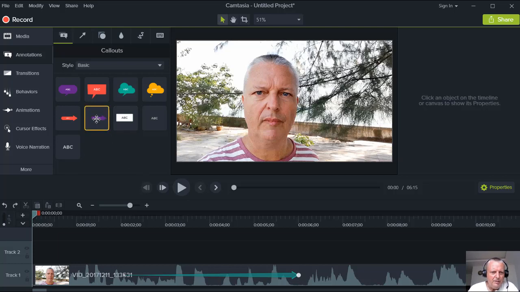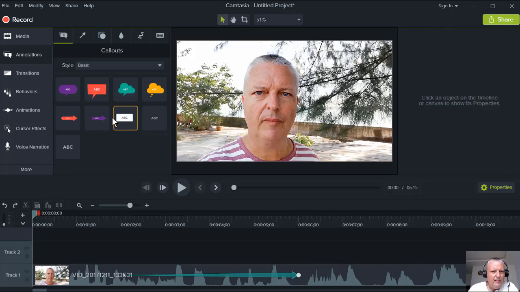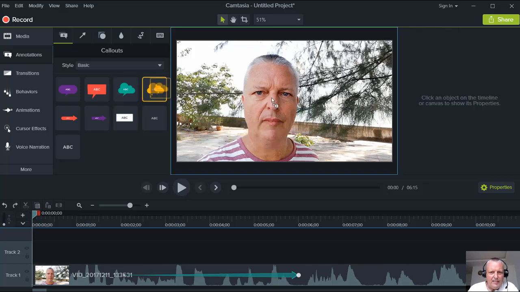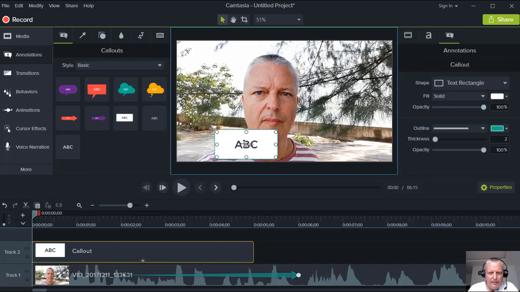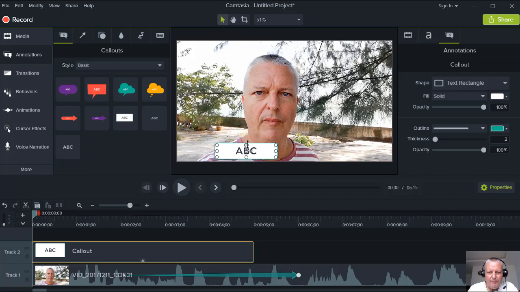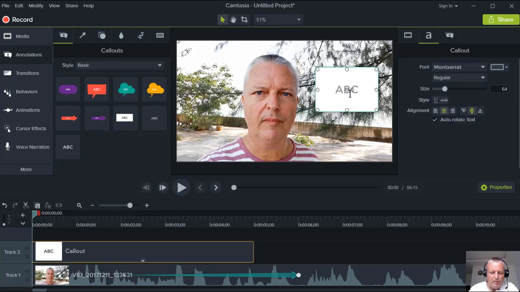We've got different shapes like this one here, which is an arrow. I'm going to Control Z to remove that, and you've got some ones here like this. I think I'm just going to use a normal one here, but maybe change the color of it. Let's try that. Could even put it up here, I think. Let's try that. So I'm going to double click